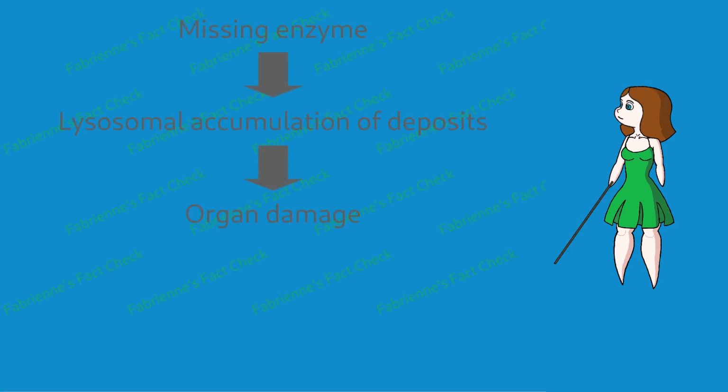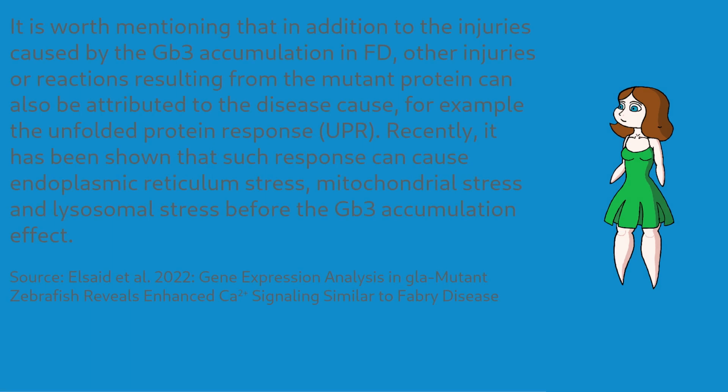So let's have another look at the table we presented at the beginning. Fabienne, please point out the first misleading bit of information. That's right, we have to correct the first line to missing or deficient enzyme. And what else? That might seem like a minor modification, but it's really important. We don't know how those deposits are related to the symptoms we see. On the other hand, with ER dysfunction, we have another possible cause of symptoms that's completely unrelated to lysosomal storage.